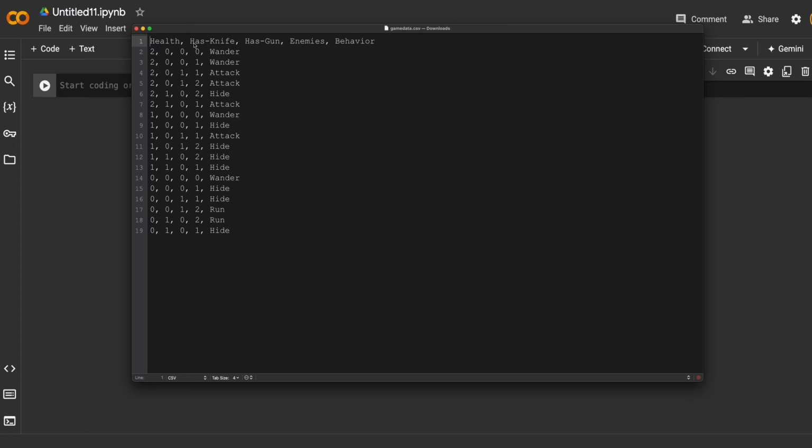I called it gamedata.csv, and it is a file with some headers at the top. You can see health, has knife, has gun, enemies, and behavior, and this represents behavior in a game. So the first field is health, and we can see it can be 2, 1, or 0. Then we have has a knife, has a gun, the number of enemies we have, and what our actions should